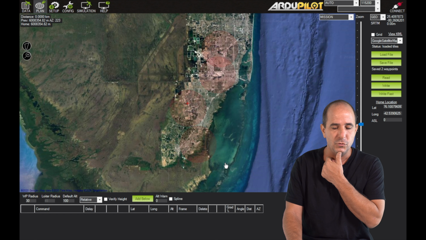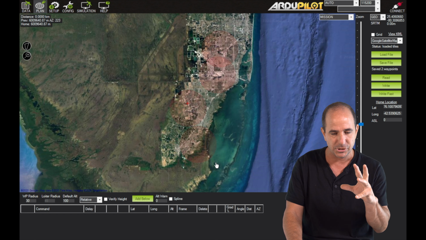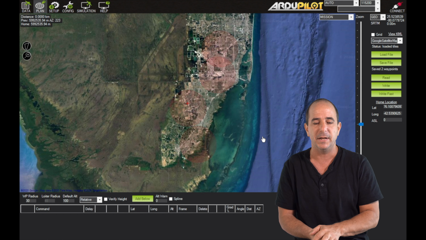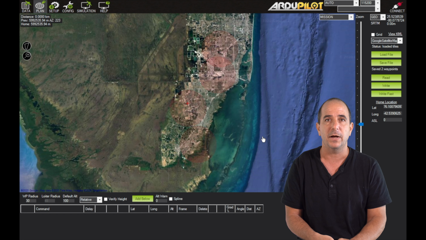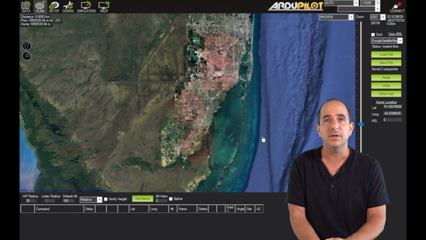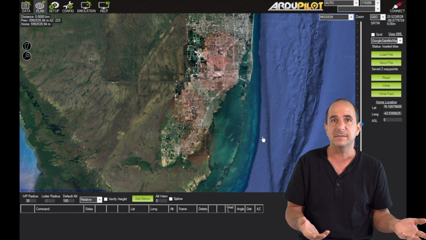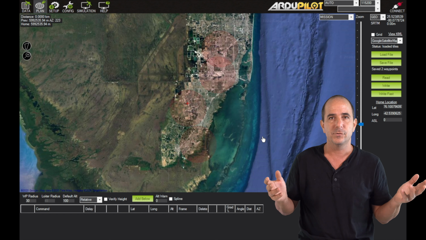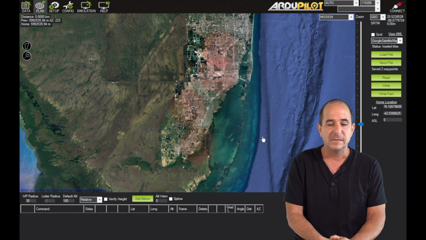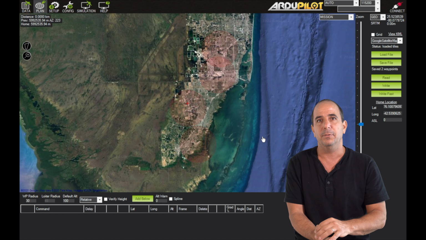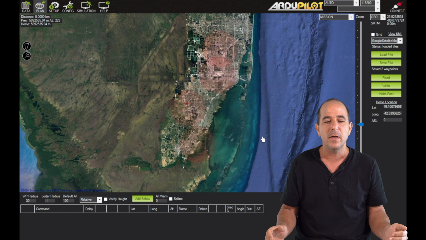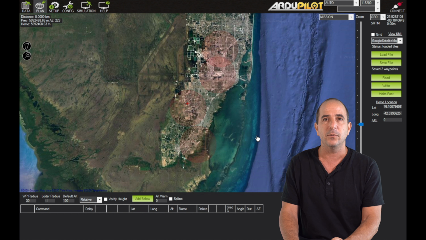I want to denote that there are reddish circles. Those reddish circles are no-flight zones, meaning places you are not allowed to fly your drones or your airplane or whatever. Mostly they're associated with military bases or just airports where drones or any type of flying stuff are not allowed. So even though we just play in simulation and with the map of the world, we want to avoid flying drones there.